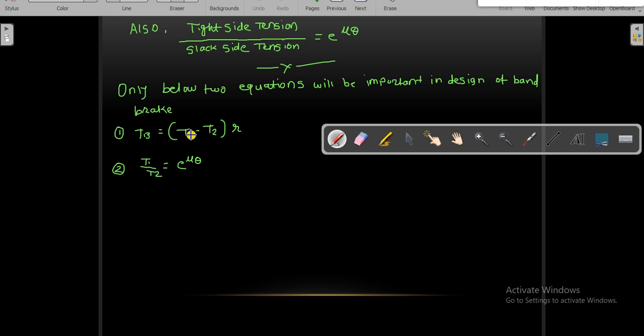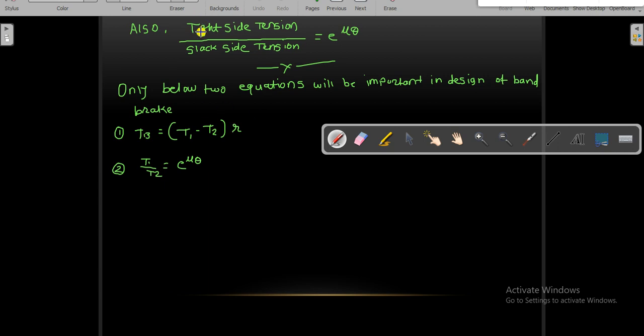Both these equations contain T1 and T2, so from the first equation we get the variation along with theta, and the final braking torque we can find by putting the value of T1 in terms of T2, or